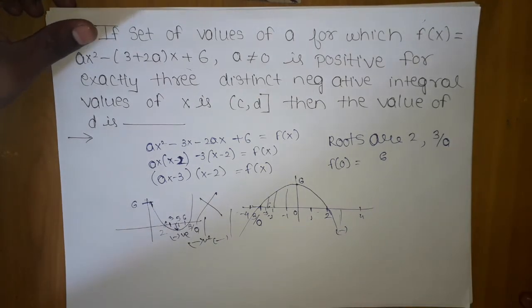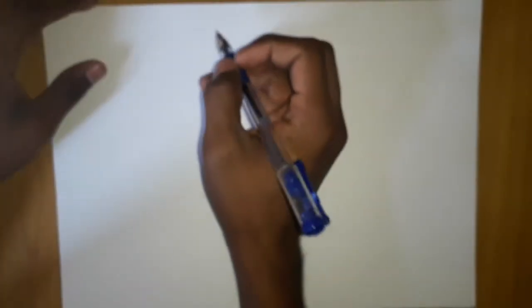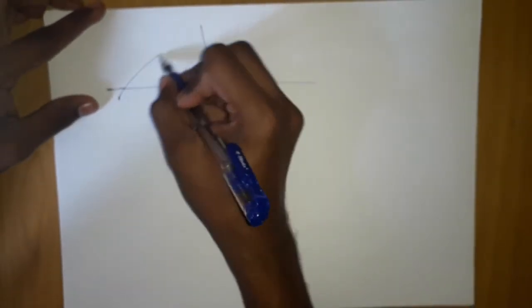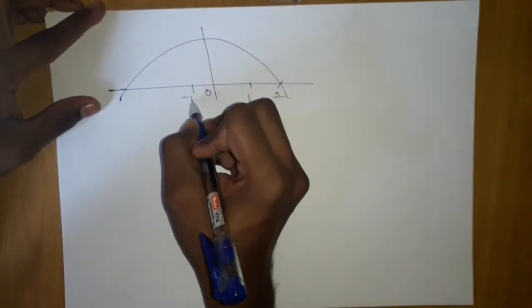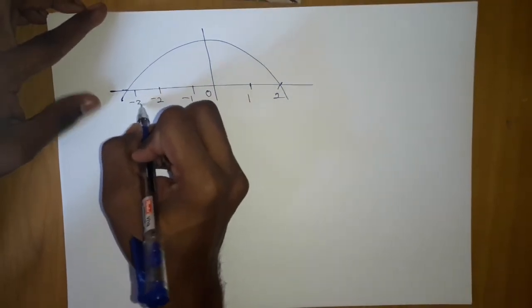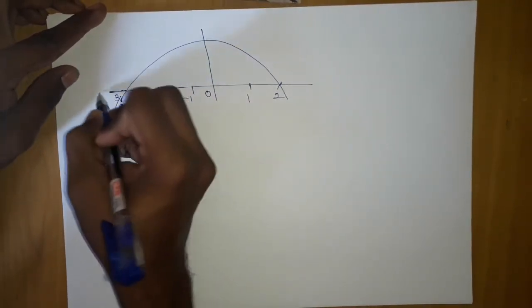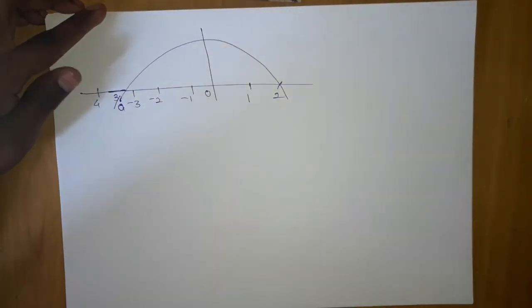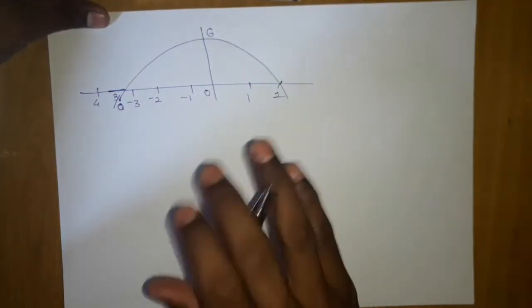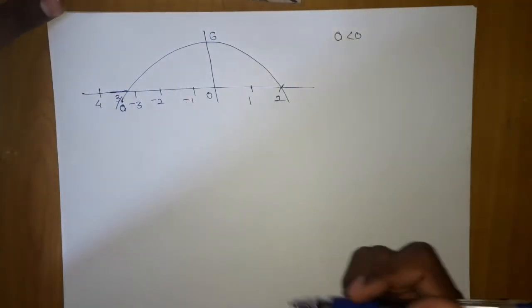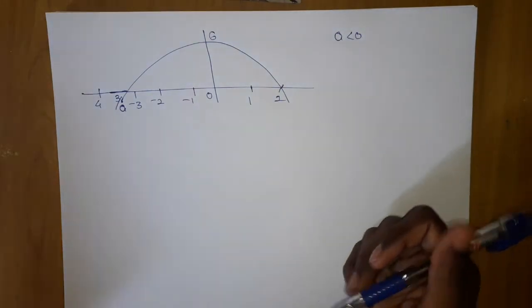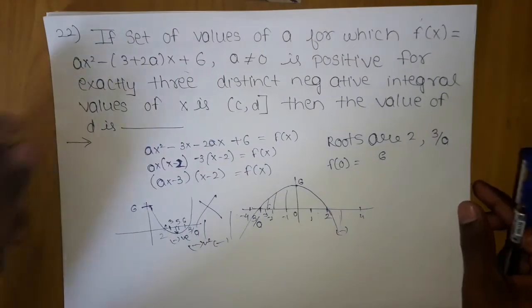So what we are sure of now, let me take the next page, is that the graph will be like this. Let me redraw the graph, because the graph is the key point in this problem. The graph will be like this. Here it will be 2, 1, 0, -1, -2, -3, here 3 by a, and here 4. And this is 6. So we got that this is the graph. For this graph, a should be negative, because it is a downward parabola. Now we got these things. Now what can we do further?